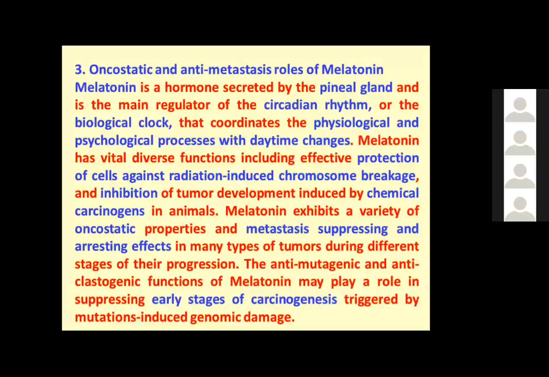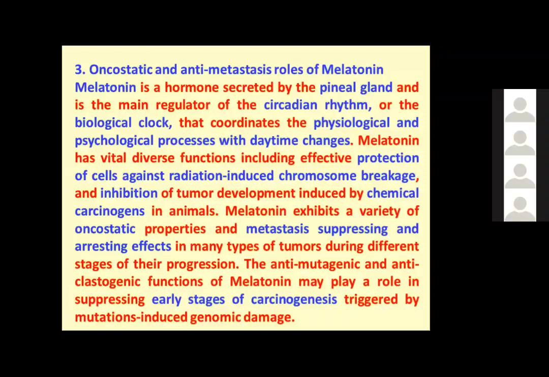لقينا الميلاتونين كمان ليه important functions. مثلا it protects the cell against radiation induced chromosome breakage. It inhibits tumor development induced by chemical carcinogens in animals. Melatonin also exhibits a variety of oncostatic properties and metastasis suppressing and arresting effects. We don't know how, لكن it might do so through its effect in modulating some of the metabolic networks in